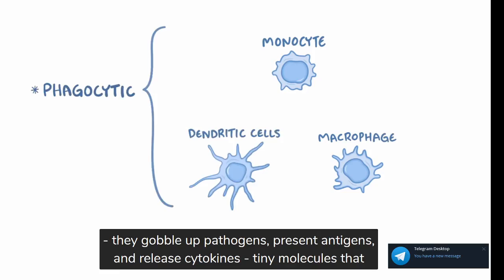Next up are the monocytes, macrophages, and dendritic cells, which are phagocytic cells. They gobble up pathogens, present antigens, and release cytokines, which are tiny molecules